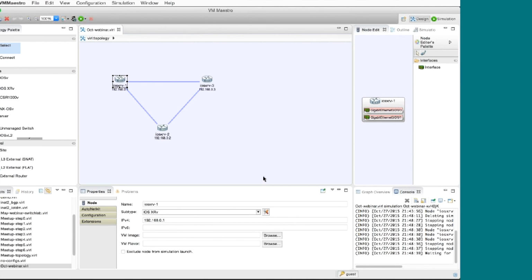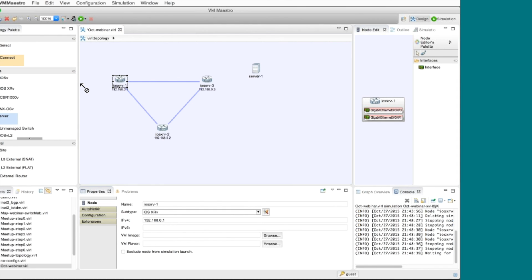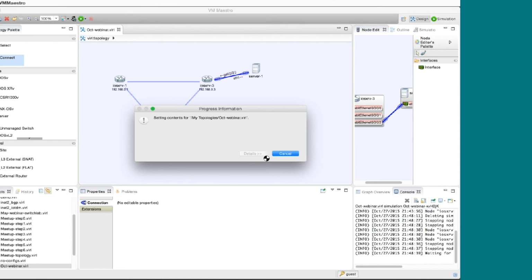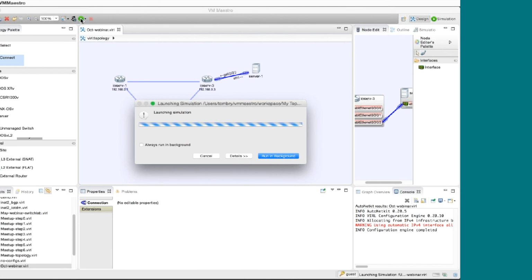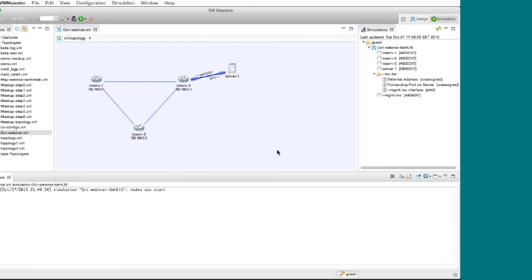If I then go here and try to add, say, a server to this, this is the sort of thing I was talking about, where it's like, okay, I'm good. That was kind of running fine. Let me add one more device. I'm going to run it through AutoNetkit to configure that server node for me. And then if I try to launch that, whoops, oh, that actually worked. Okay. Depending upon exactly how much free memory I have, this can get right to the edge of maybe launching,